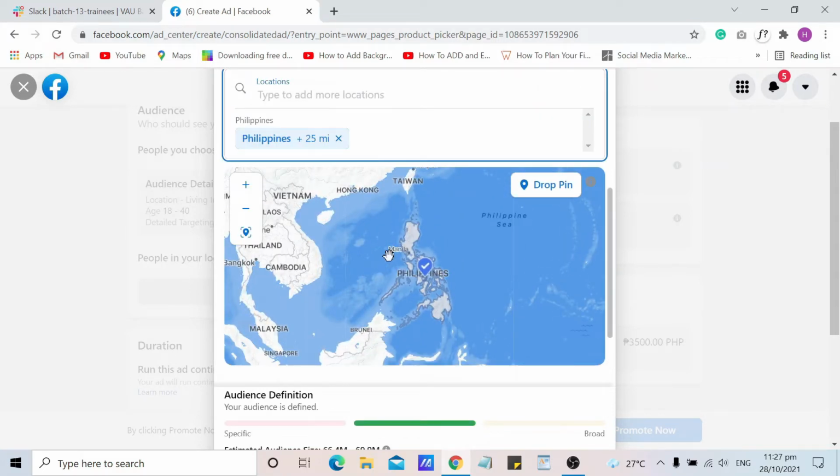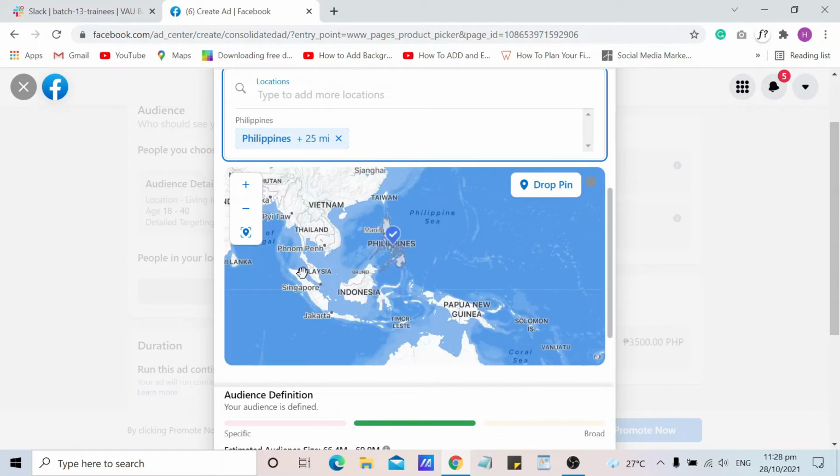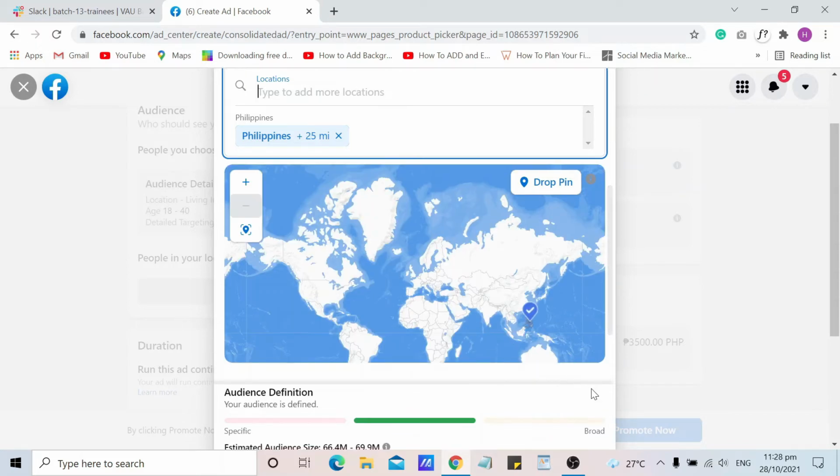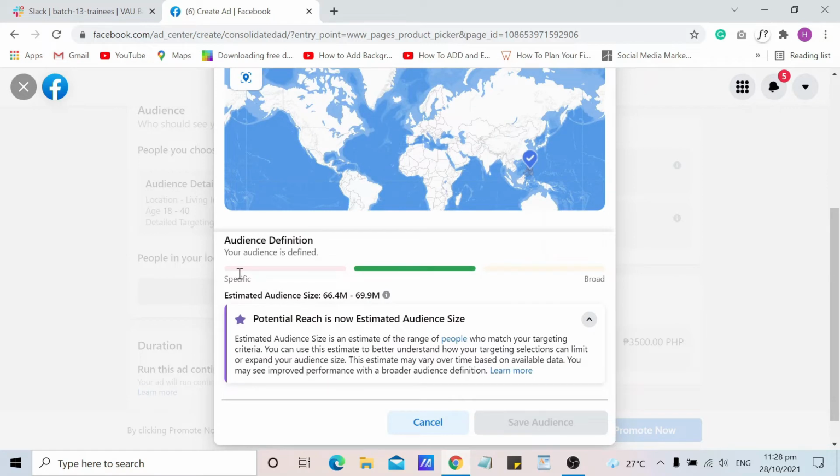And now the Google map will appear below. Then you can see here that your audience is defined, and the estimated audience size is 66.4 million to 69.9 million.